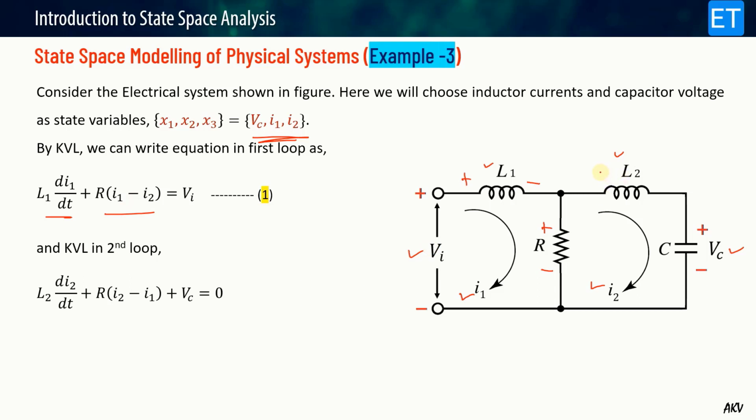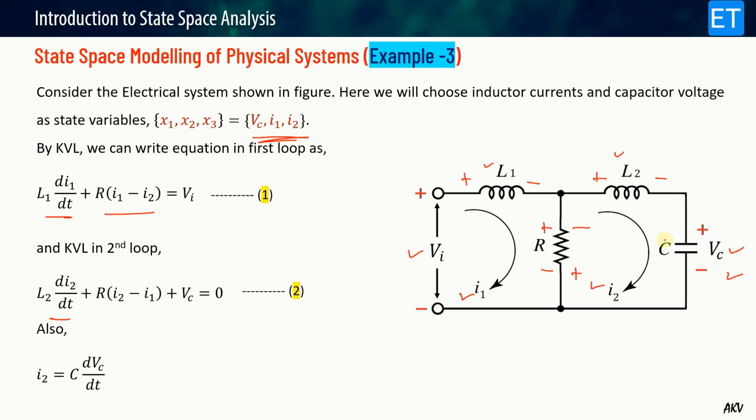So that is this drop, L2 di2 by dt, and this drop, voltage across R, that is R (I2 minus I1), and then plus Vc equal to 0. There is no external source in this loop, so it is equal to 0. So I have written these two equations. Also in the second loop